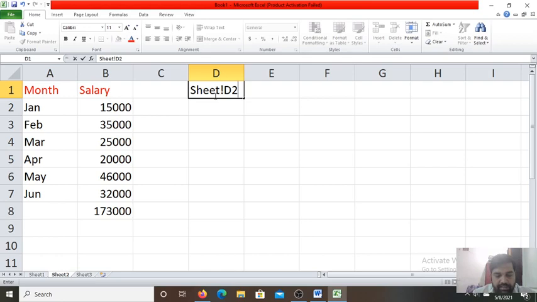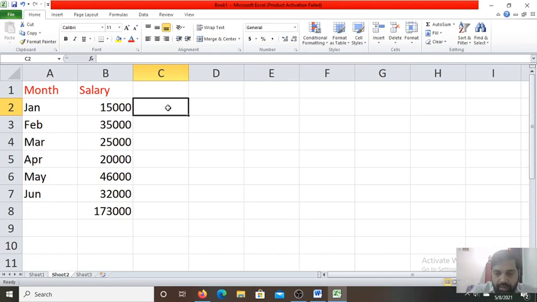So let us take an example. First of all we click on the cell C2 of sheet 2. Where is C2? Here. Let me first just delete it. Click on cell C2.